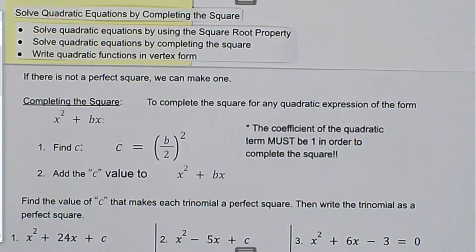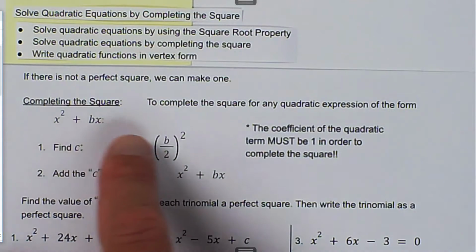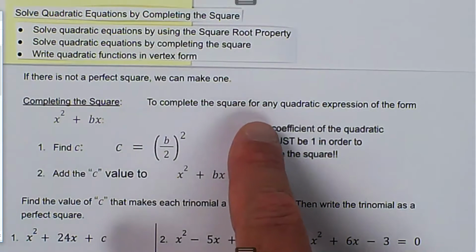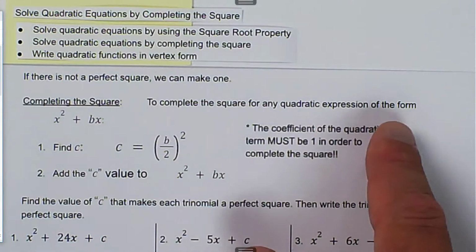We are talking about solving quadratic equations by completing the square. And in the case where there isn't a perfect square, we can make one. So complete the square. To complete the square for any quadratic expression of the form